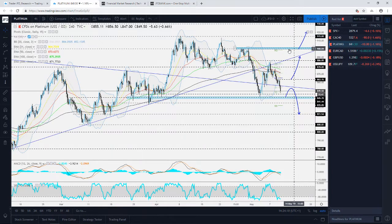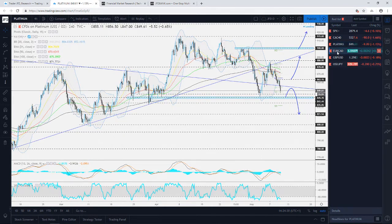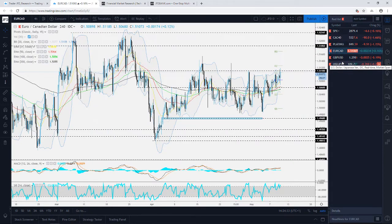So in other words, from the long-term perspective, the 900 level is what we're looking for. And in terms of the downside here, we will start considering lower areas if we see a drop below the 841 zone. Jumping into a few pairs now, EURCAD,